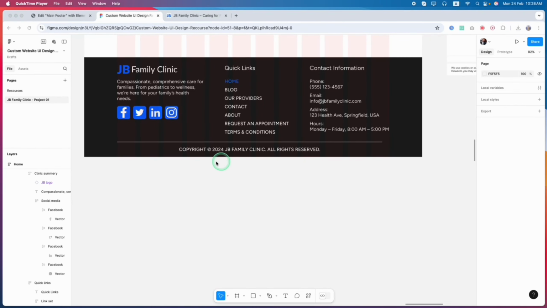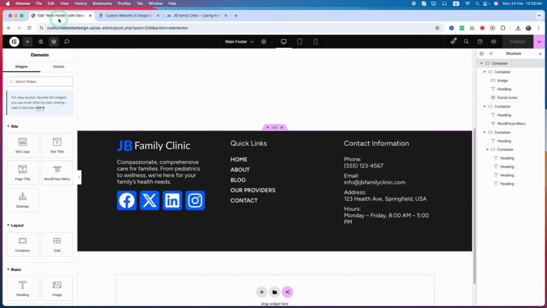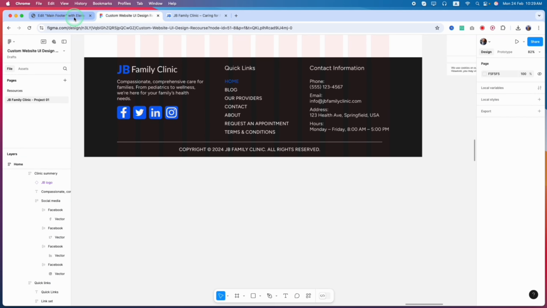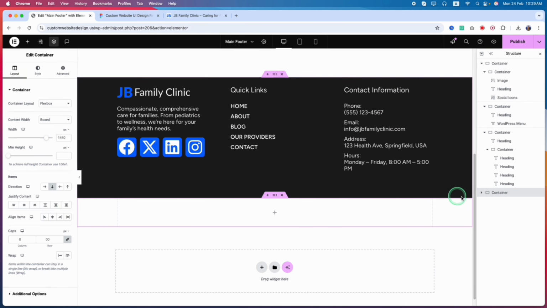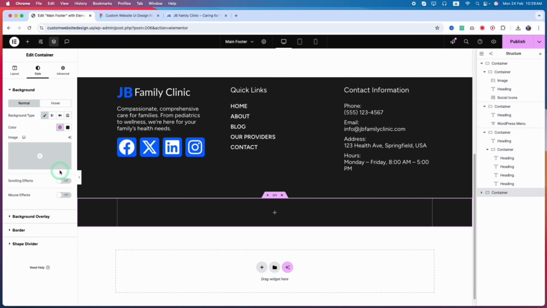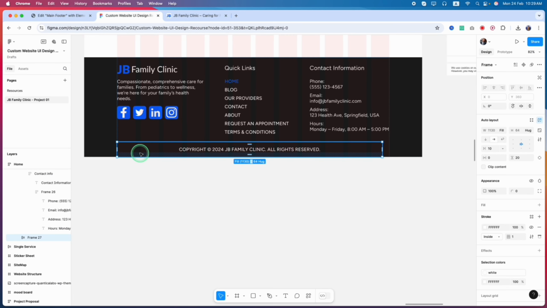Okay, now let's create this copyright section. So let's start. First I go to the footer and let's create a new container, and in this container we have to change the color. The color is the color that we have in the above section, so we can easily go to style, on color, select the color using our global colors,